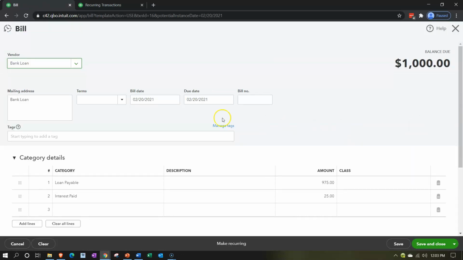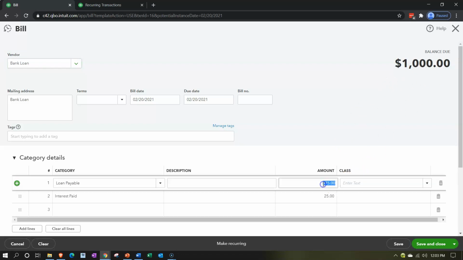So if I go into the bank loan, we recorded this one and we made it, instead of something that would be scheduled, like a loan payment on a loan, which has both interest and principal. And the reason we wanted to go into it is because there could be a deviation in terms of the amount that's going to be allocated to the loan payable and the interest amount when you make a loan payment. So even though the $1,000 would remain the same,